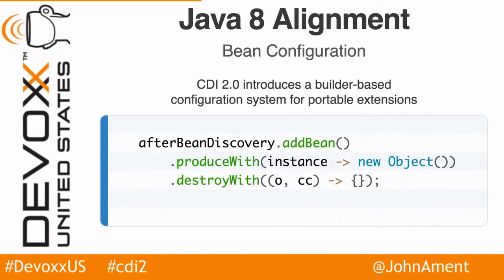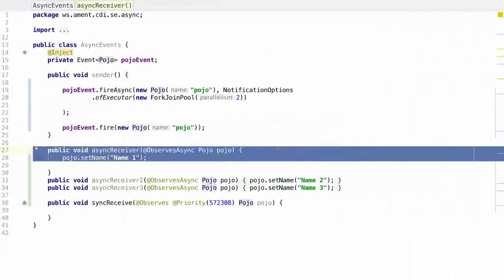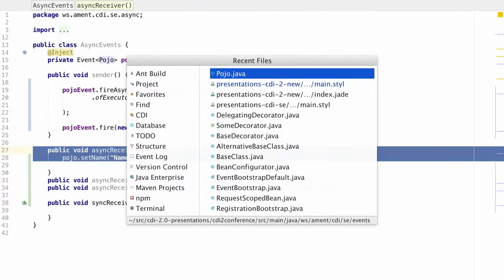One of the cool things added, though, was the ability to inline configure beans. This is a very simple example where we're able to add a bean, where previously what you would have had to do is in